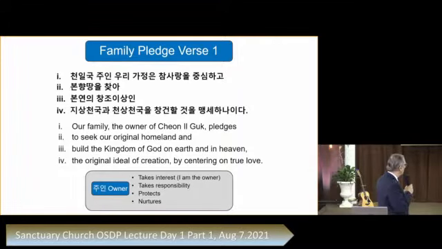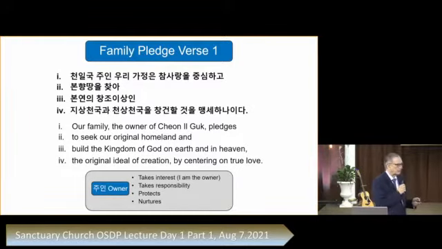The kingdom of God on earth, the kingdom of God in heaven, which are the original ideal of creation. So you can see that the order is different because the grammar is different. But it's important to know that this first line is going to be the same in all of the